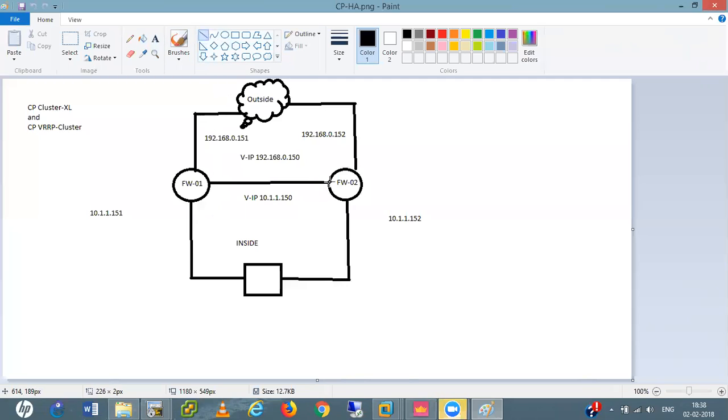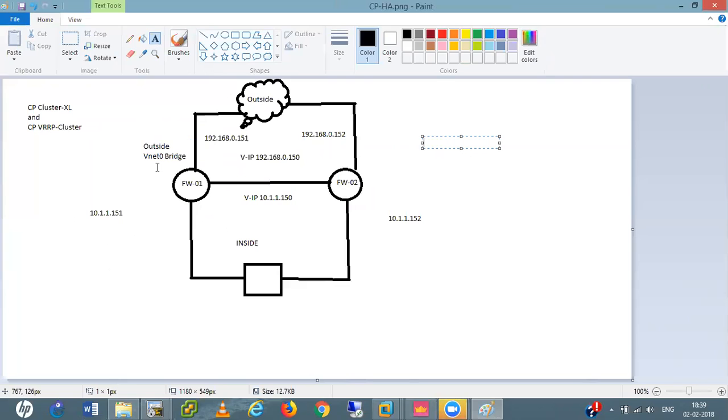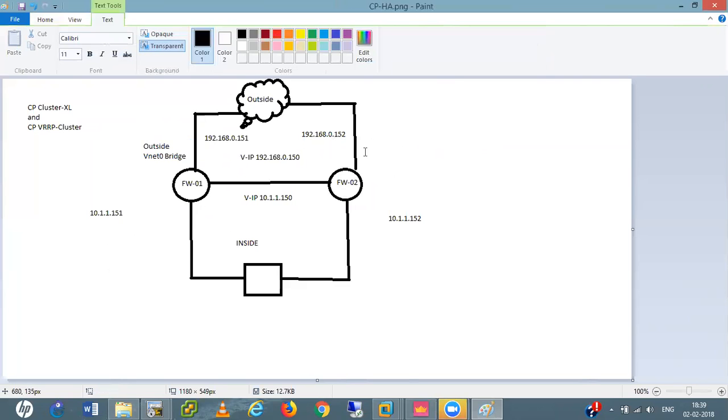And see, this is my outside, connected with VMnet 1, I think, or VMnet 0 or bridge. It is connected with the bridge. Same thing here.